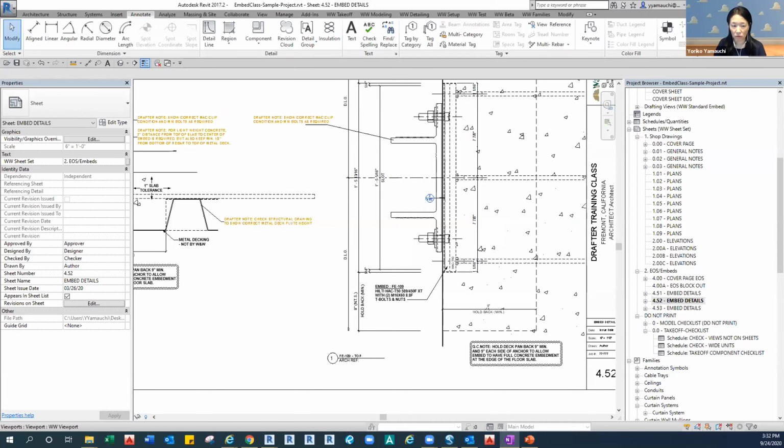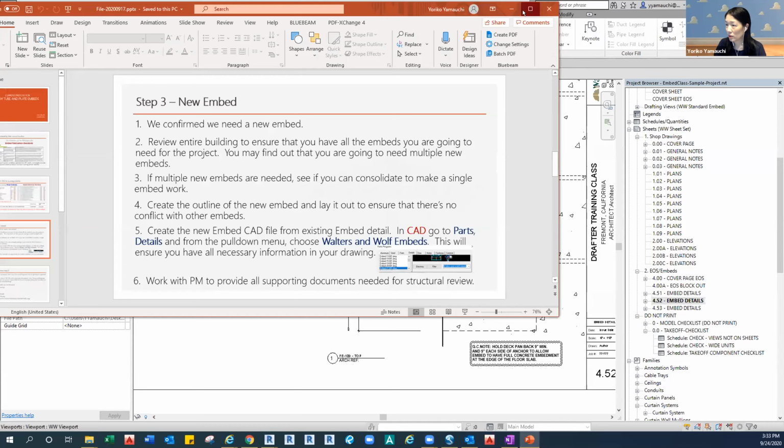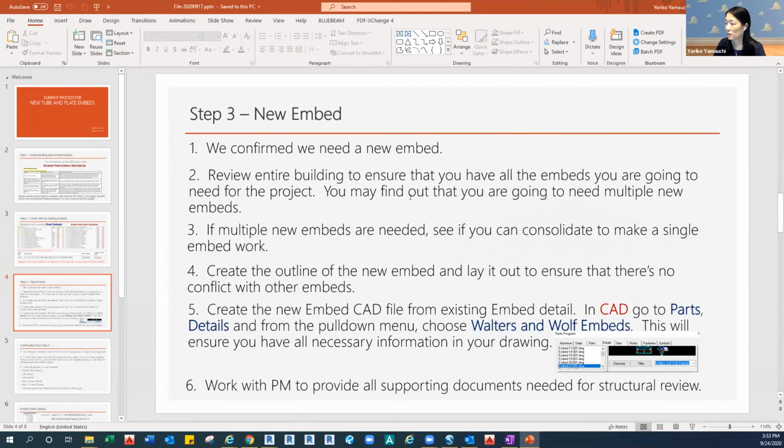All right, so that's how we use the mat clip. Any other questions? Okay, let me share my screen. Then I also like to go over what we should do when you have the new embed. Let's bring up the PowerPoint that we showed at the Zoom site meeting.